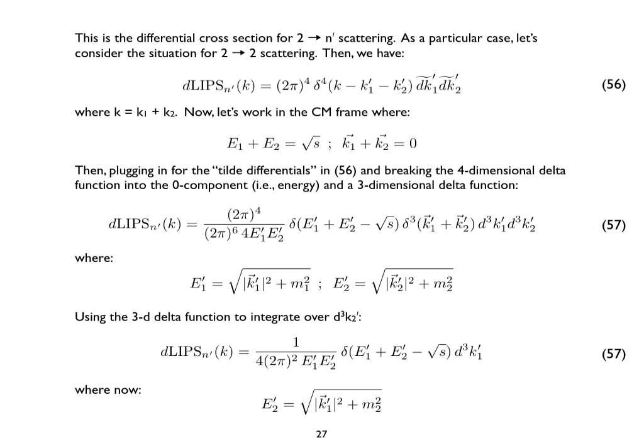What do I want to do next? I'm computing the Lorentz invariant phase space for our 2-to-2 process, working in the center of mass frame. I remember that E1 plus E2 is the total incoming energy, the total center of mass energy, which is just the square root of s. And the sum of the 3-vectors k1 and k2 is 0, because we're in the center of momentum frame. If we plug these into those expressions, these differential guys,